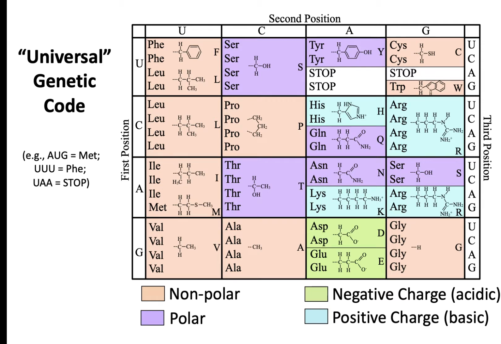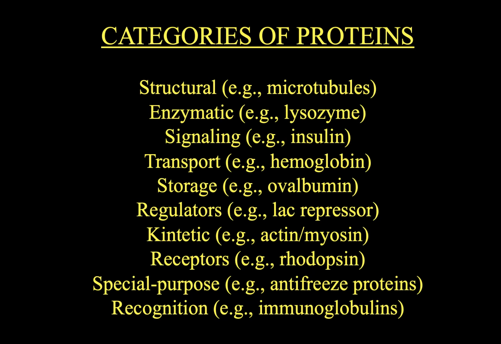And some of the last amino acids that were added to the genetic code are up in the upper right-hand corner, the more complex amino acids. The proteins that are made via translation consist of many, many different categories, including structural proteins like microtubules, enzymatic ones such as lysozyme, signaling proteins such as insulin, transport, storage, regulators,